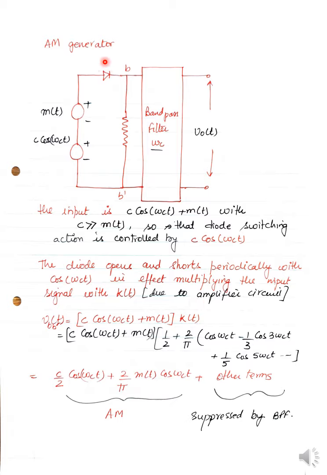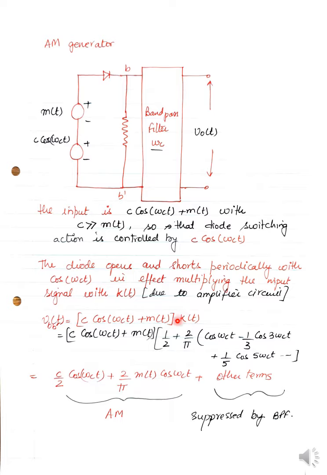So the amplification achieved here depends on kt. So we are using amplification here. Then the input here, or you can say the potential between these 2 points, VB dash T will be equal to the addition of these multiplied by kt. So you can say it will be of this form.